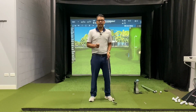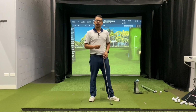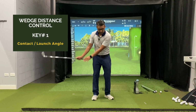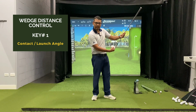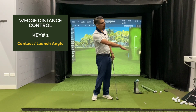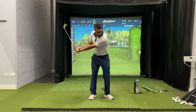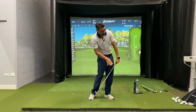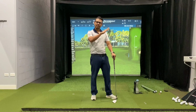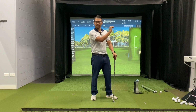So it's first to understand that there's really three variables that affect how far your wedge shots will fly. The first one is the quality of the contact at the bottom of the swing. We want the bottom of the swing smooth, where we're making contact on the bottom half of the face. And then launch angle. How high is this golf ball launching off the club face? If you're making swings with your wedge, in one swing the ball launches really high, the next one it goes medium, and then the next one we hit it low. If that launch angle is varying from pitch shot to pitch shot, the carry distance is going to be different. So I want to teach you how to make clean contact and get the ball launching the same off the